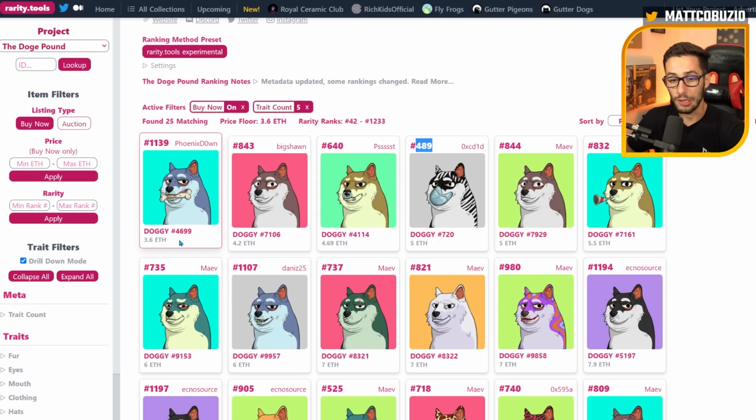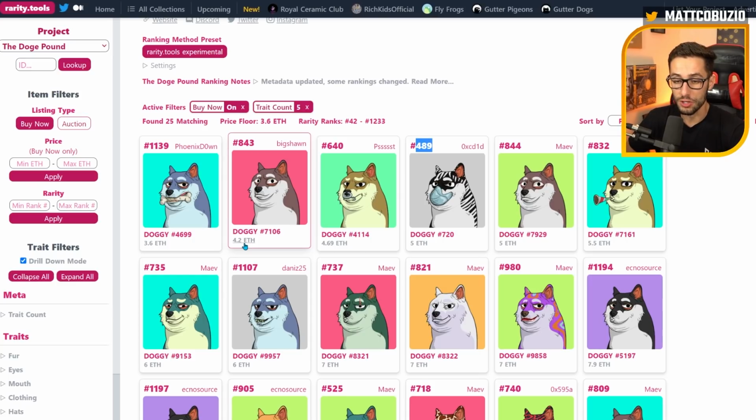You can see right here that the lowest price is 3.6, but that hops up all the way to 4.2 and then really quickly goes to 5 ETH. If you're new here, you may be like, what the heck is going on? What are you talking about? Why do I care about all these different things? Well, here's the key. You can see what's the lowest price for certain rare traits or just overall rarity score